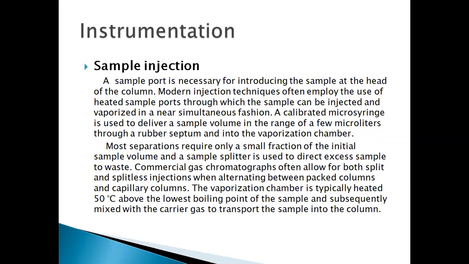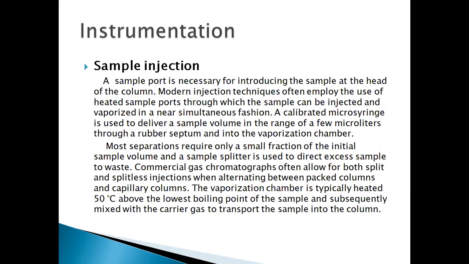Here the instrumentation of gas chromatography. First is sample injection. A sample port is necessary for introducing the sample at the head of the column. Modern injection techniques often employ heated sample ports through which the sample can be injected and vaporized in simultaneous fashion. Calibrated microsyringes are used to deliver sample volume in the range of a few microliters through a rubber septum into the vaporization chamber. Most separations require a small fraction of the initial sample volume, and a sample splitter is used to direct excess